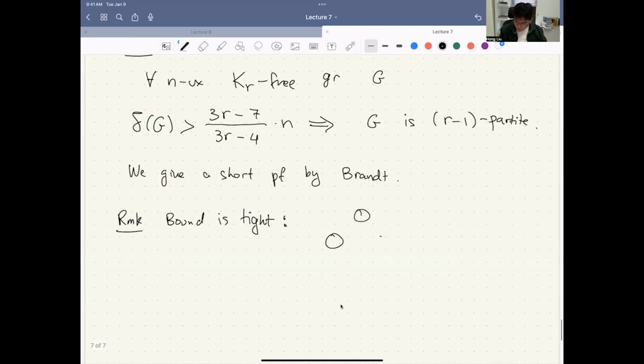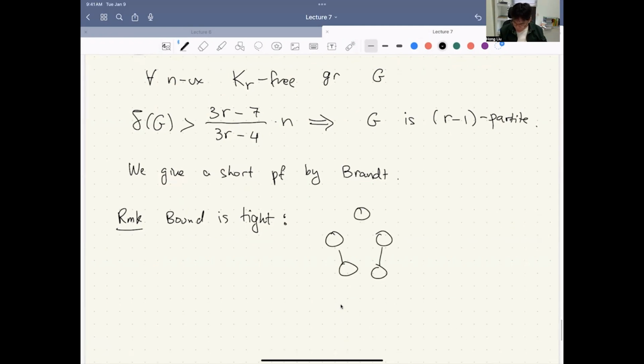Blow up of 5 cycle, completely joined to each other. And then we're going to add some new parts. Okay, so this is blow up of 5 cycle, V1, V2, V3, V4, V5, and the new parts, let's call it W1,